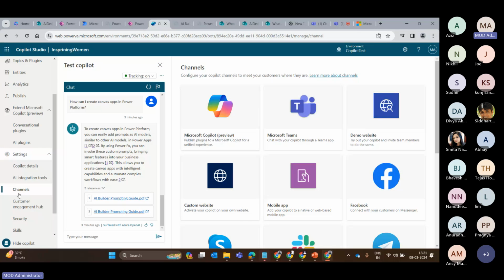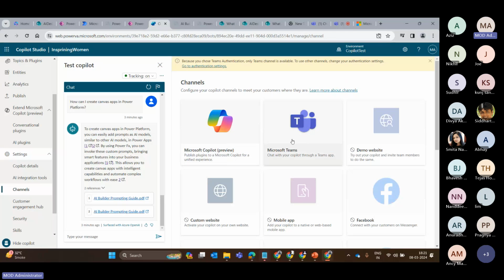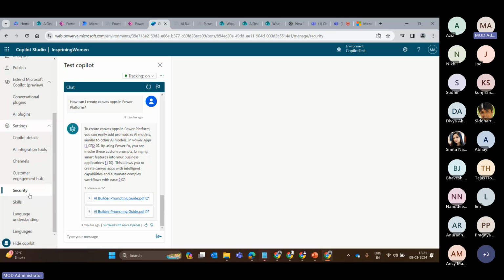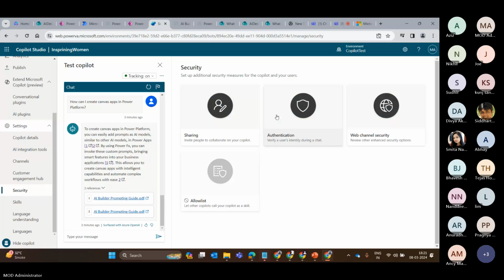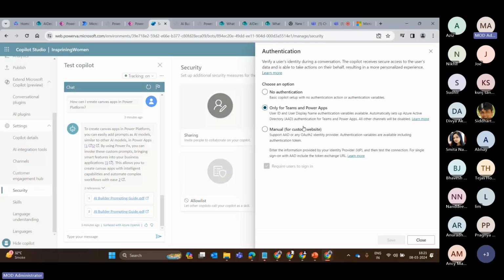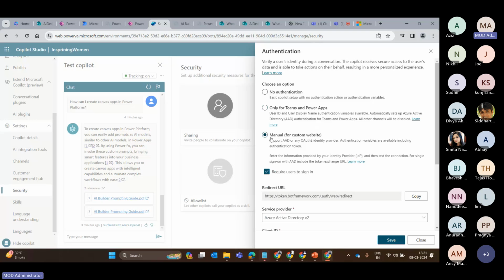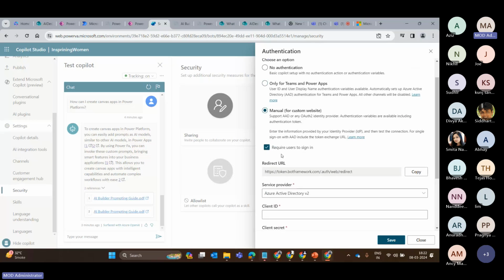Yeah. I'll go to the channels and I can integrate with Teams, Copilot, or demo website, as you can see from the screen. One thing you have to keep in mind is, before you start and integrate with Teams or demo website, you have to also manage the authentication. Go to the security. In the authentication space, you see there is three different type of authentication. One is no authentication, only for Teams and Power Apps. Other is manual. For all the sites which are like SharePoint or private websites, it is advised that you should